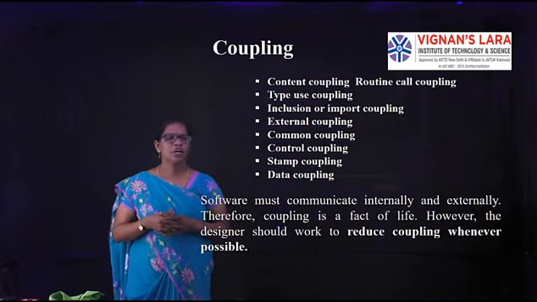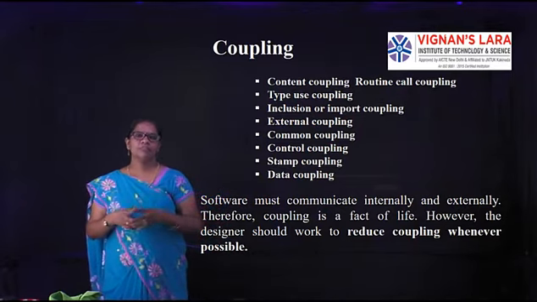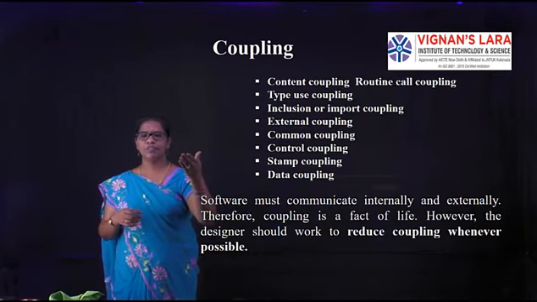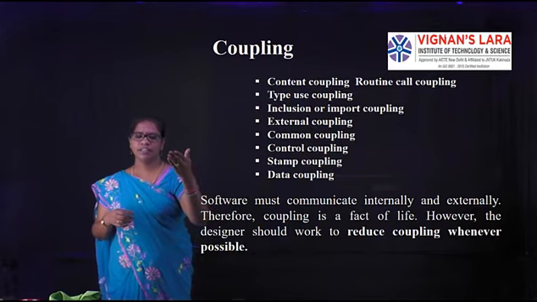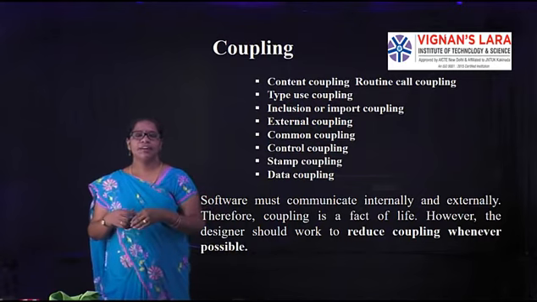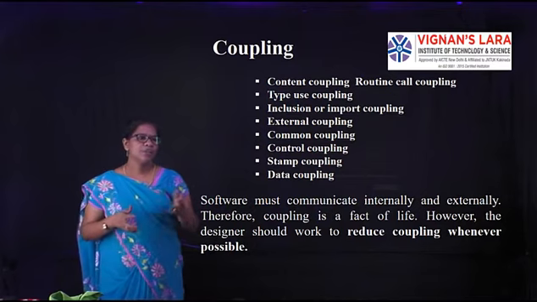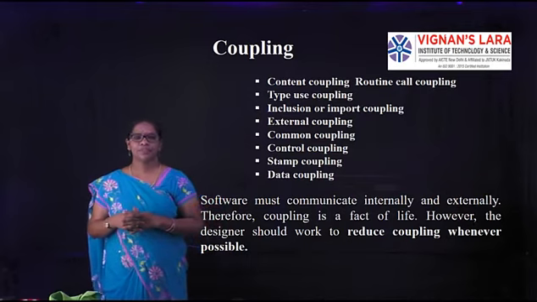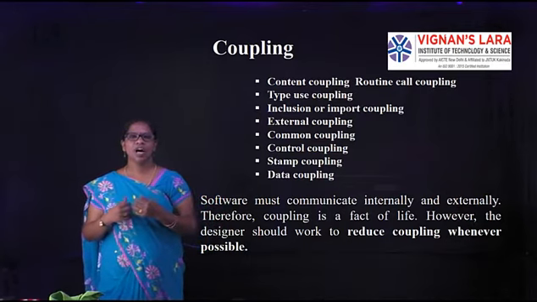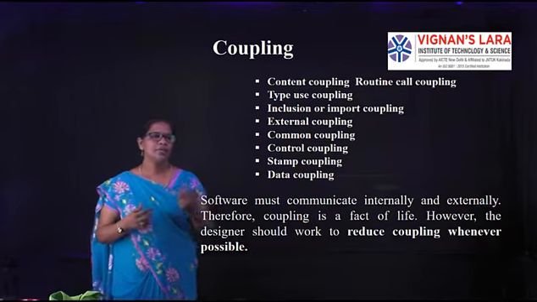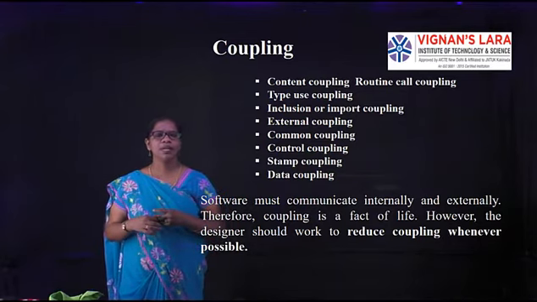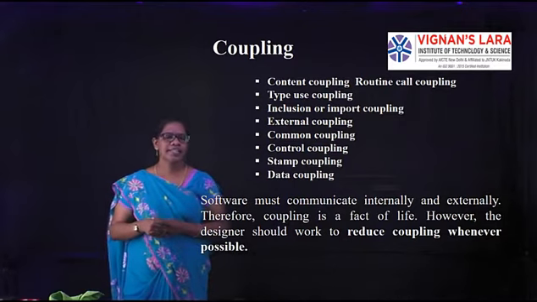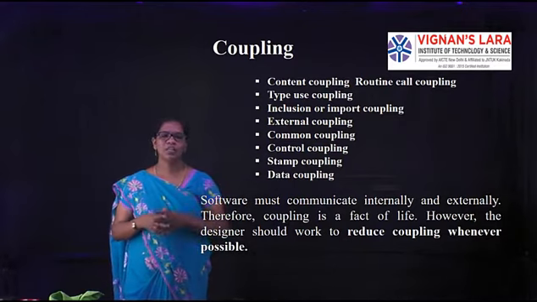And next one is common coupling. Common means if you use the inheritance concept, then whatever variables we declared in the base class are taken to the derived class, that is the common coupling. Next one is the control coupling. So how to control the data? After coupling between the classes, how do we have to control? That is the control coupling. Next one is the stamp coupling. This is one of the couplings that will be used in the classes. And next one is data coupling. So data coupling and the control coupling will be the same.